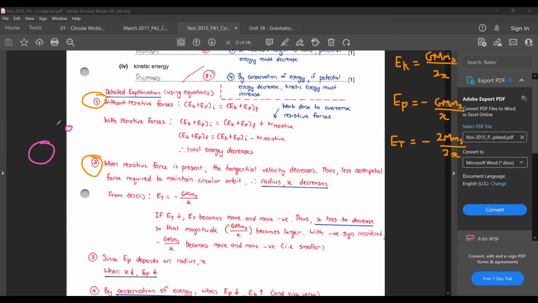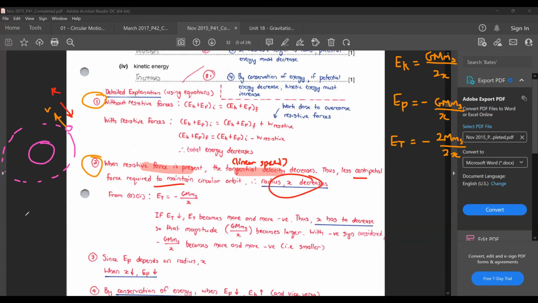Your satellite is here. You have linear speed V. You have resistive force R. Okay, so when resistive forces is present, your tangential velocity or your linear speed obviously would have to drop. This one is something that we all can agree on. The moment you encounter resistive force, your speed will drop. Okay, so when your speed is dropping, your centripetal force required to maintain circular orbit will also drop. Therefore, radius X